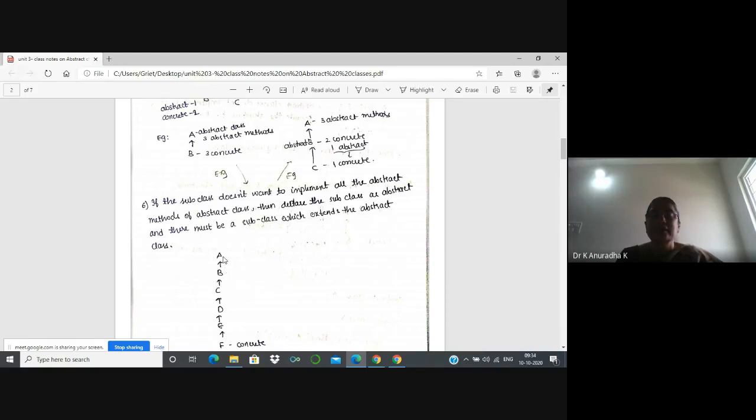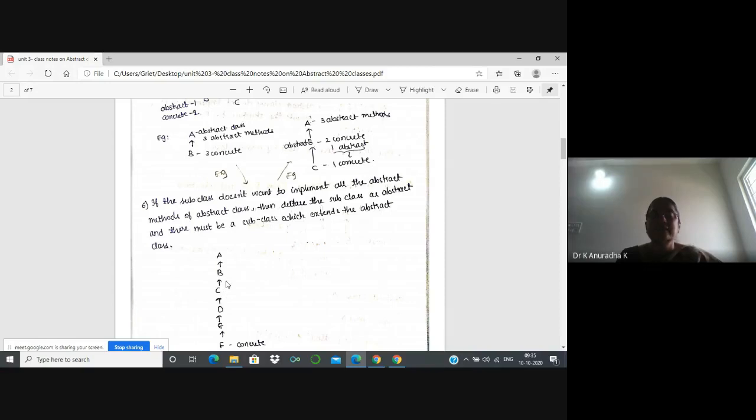So here actually there are three abstract methods, but class B is giving implementation to only two abstract methods, and class C is giving the implementation to one abstract method. Like that, we have implemented all the three abstract methods of class A. Inside class B, two methods are implemented, and inside class C, one method is implemented.